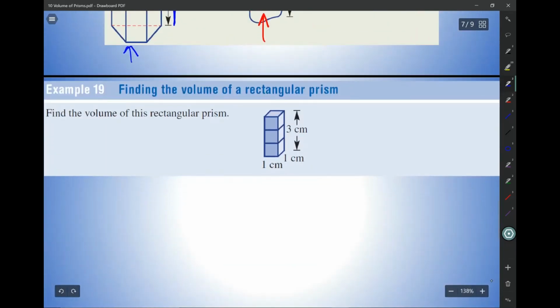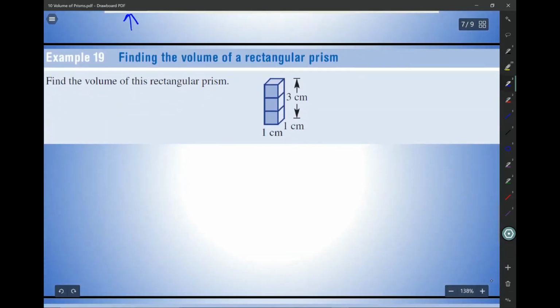So, let's put that into practice. Here we have a rectangular prism. We could just do length times breadth times height, because that would simply be 1 times 1 times 3, which is 3. Or we could do it this way,